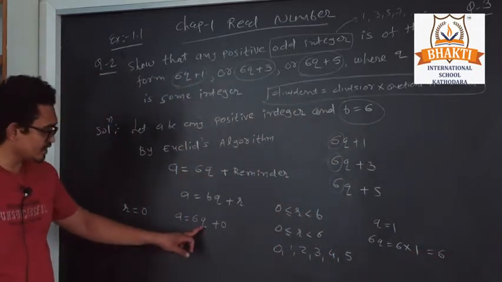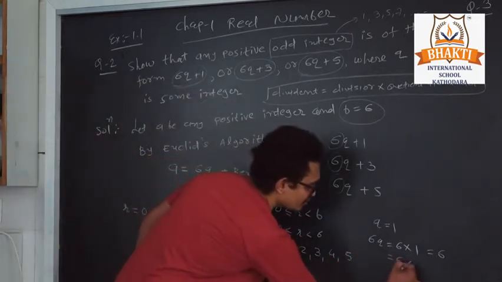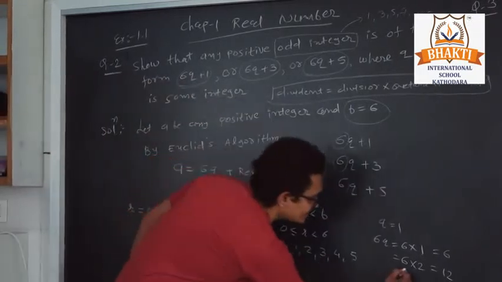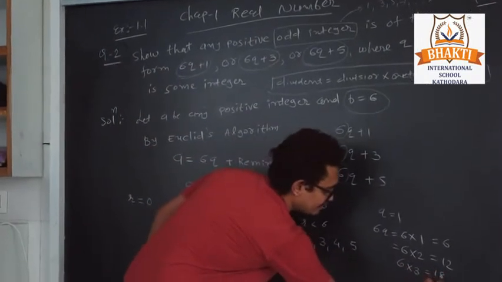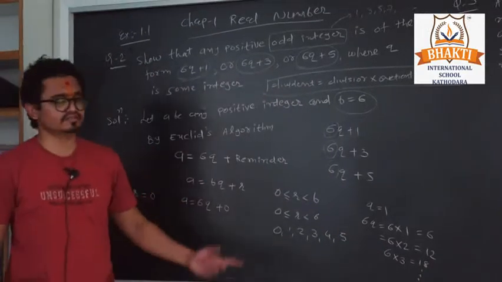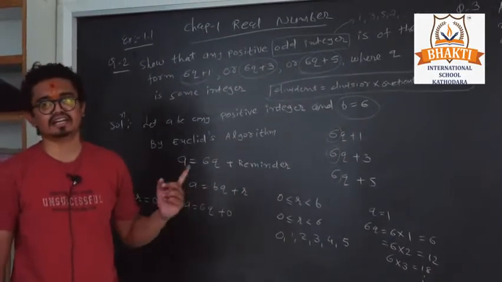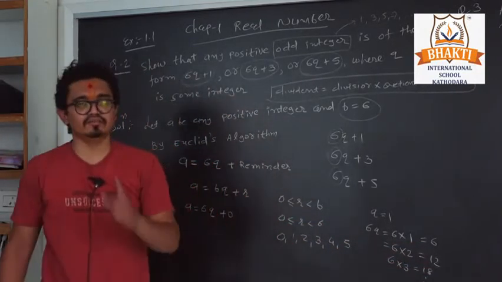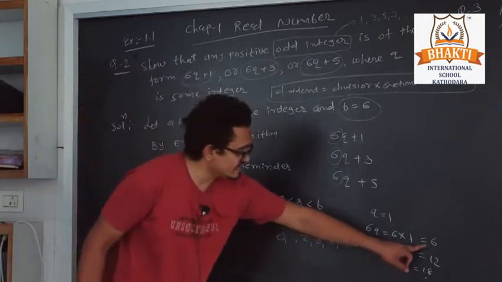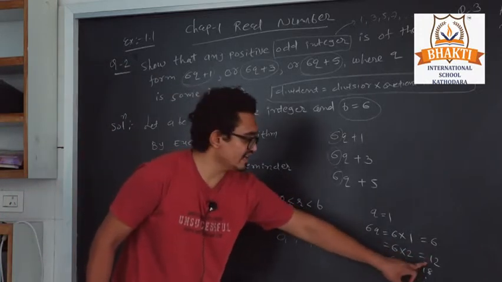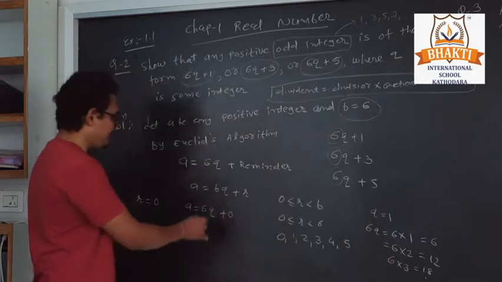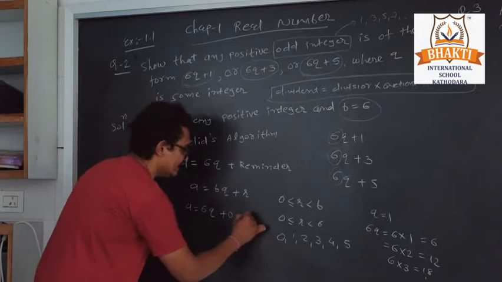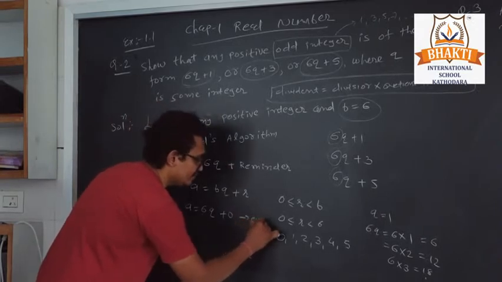Now if we put q is equal to 2, it will be 12. And if we put q is equal to 3, we can get 18. So it will be like in a 6 table: 6 1s are 6, 6 2s are 12, 6 3s are 18, like that. So each time, what kind of number do we get? It will be an even number. See, is that an even number or not? 6, 12, 18. So if we divide any of the numbers with that, in this case we always get an even number.